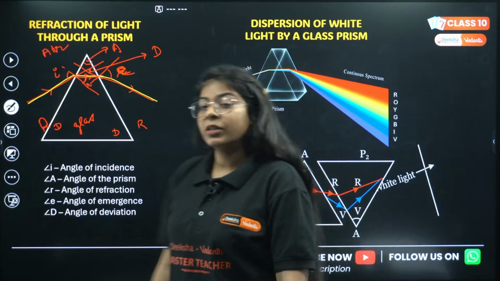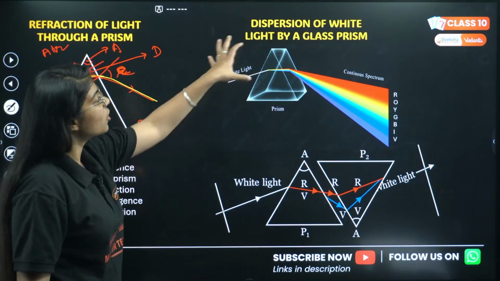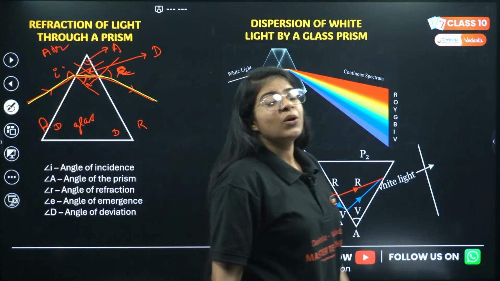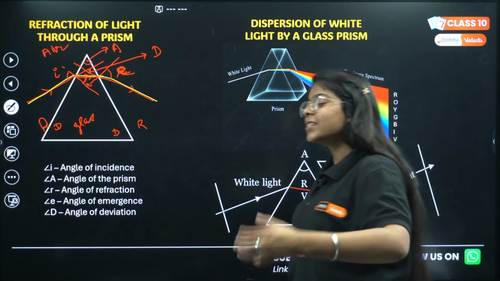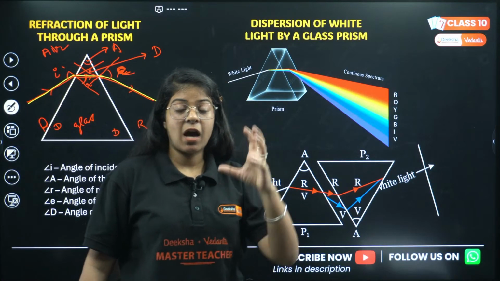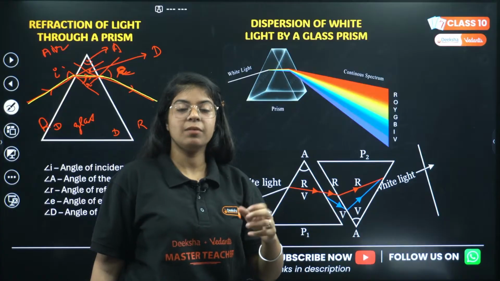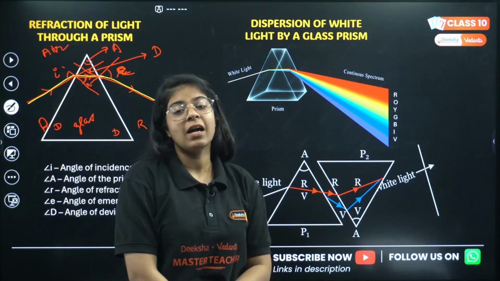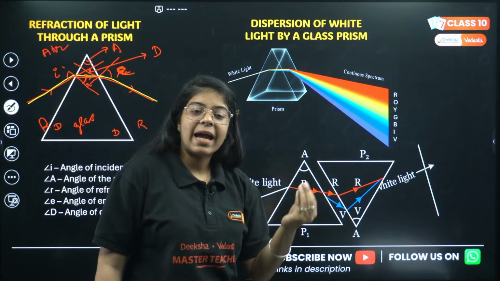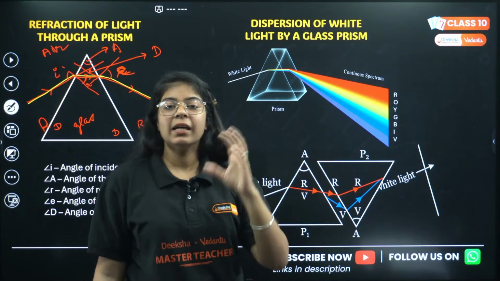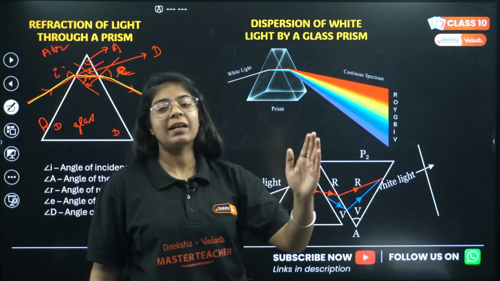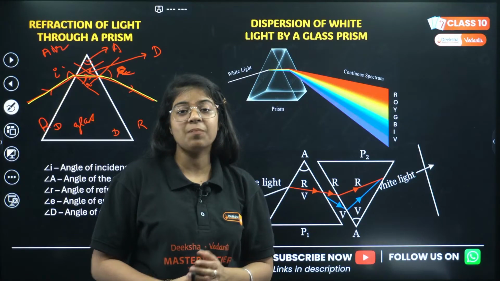Now moving on to the next topic, which is dispersion of white light by a glass prism. So what is happening when light is going into a prism? Light has so many different wavelengths. Our white light, let's say coming from the sun, has so many different wavelengths. Since this is a different medium, light will travel differently. All the 7 colors of the light will travel differently inside a glass prism,